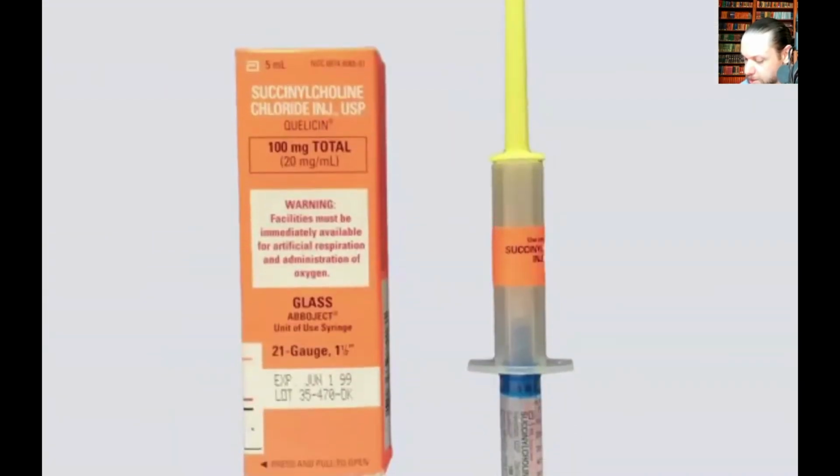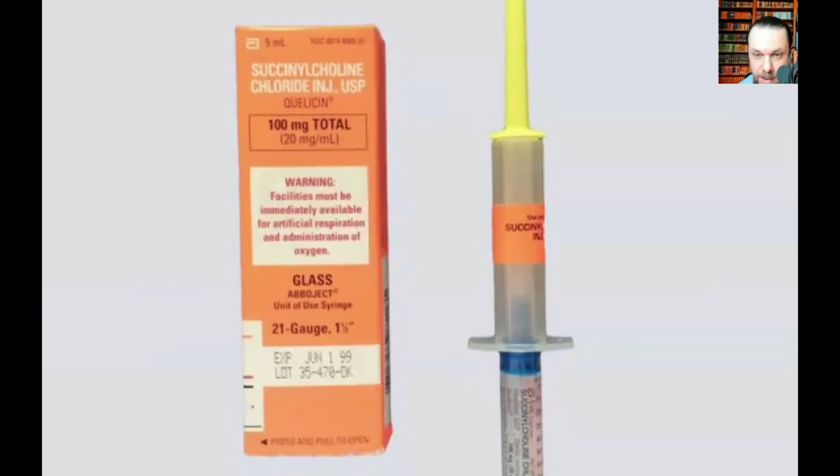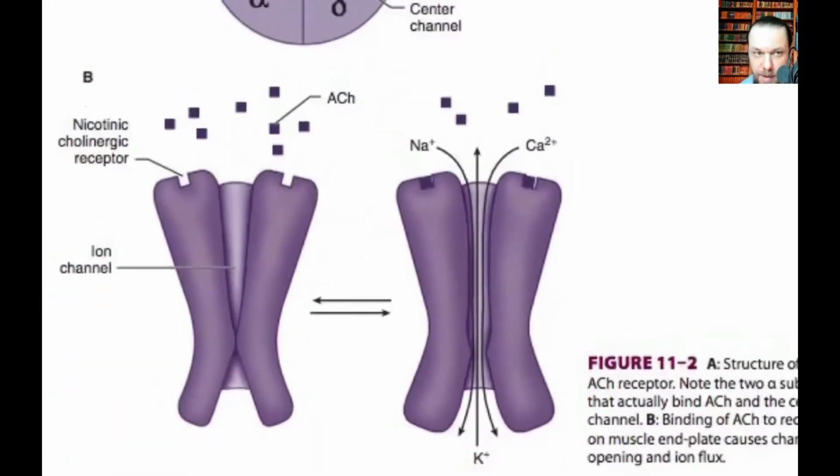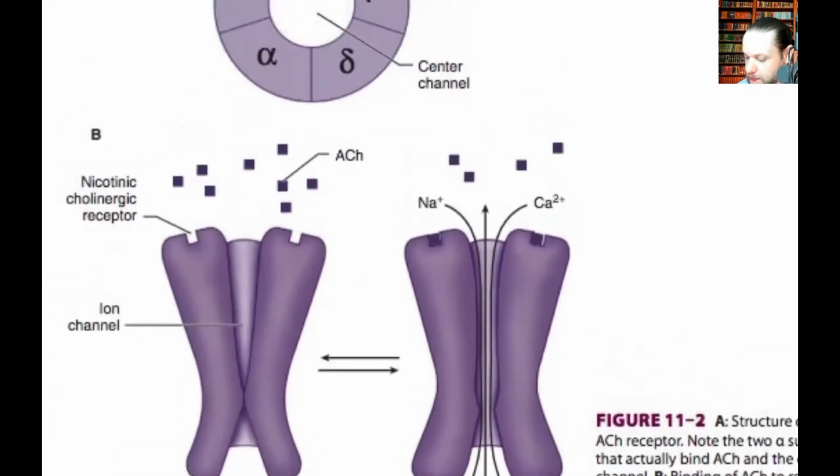This is the medication, the succinylcholine that I was trying to explain to you. So it tells you, you must have immediate artificial respiration and oxygen available if you're going to use it. You definitely want to be able to ventilate. In New York City, you do not have this medication. You're not allowed to administer this under REMAC protocols. Where does it bind? It binds here. It first depolarizes the cell and then doesn't unbind,